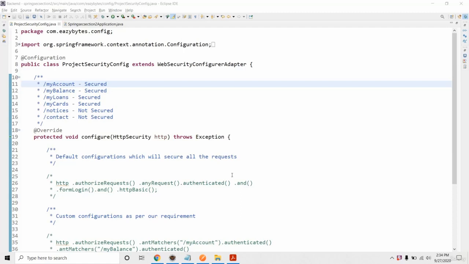In the previous videos, we have seen two types of customizations that we have done. One is going with whatever Spring Security is providing by default, where Spring Security expects each and every request coming towards it to be checked for security credentials. Later on, we customized it further as per our custom requirements by making 4 paths secured and the remaining 2